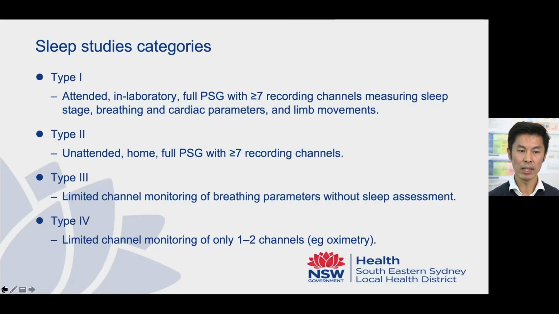When we look at investigating sleep study categories, under the AASM criteria there are 4 different types. Type 1 is the attended in-laboratory full polysomnogram, whereas type 2 to type 4 are usually unmonitored home-based sleep studies. For type 1, this is the reference or gold standard, and it usually has 7